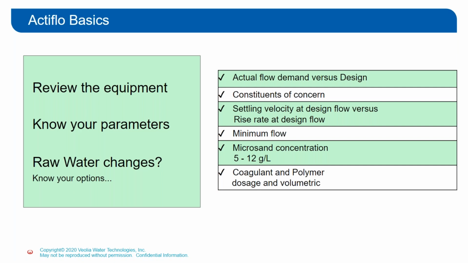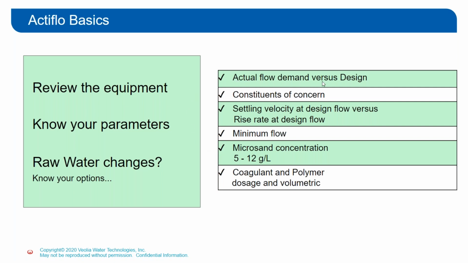But operating this as best you can is getting a good understanding of what your equipment, your raw water parameters, and what potential changes might be coming down the pike. So I'd mentioned the coagulant polymer dosing, but I'll dig into those a bit further. The microsand concentration, there's a range here that we're always shooting for, because the liters, or I guess GPM, of the gallons of the denominator are going to change from minute to minute, second to second, as your actual flow